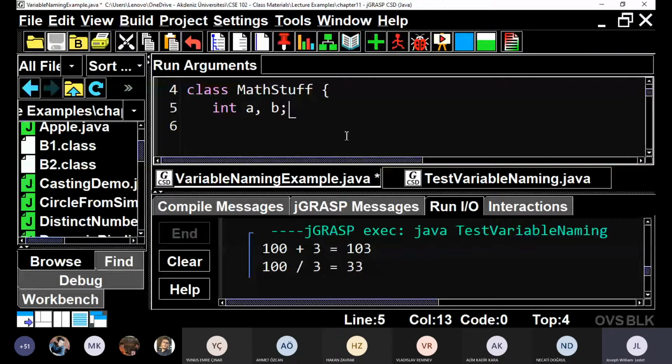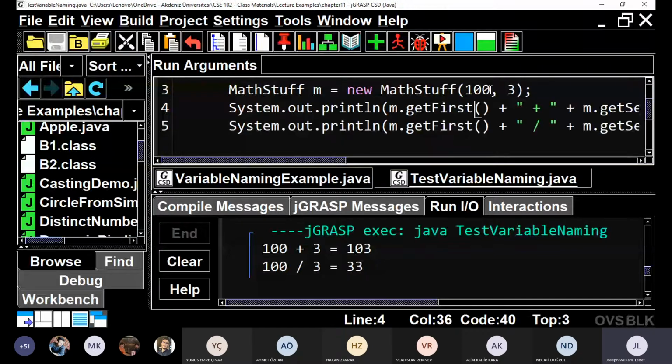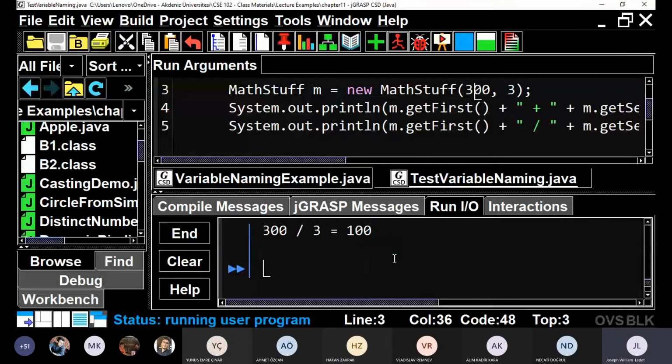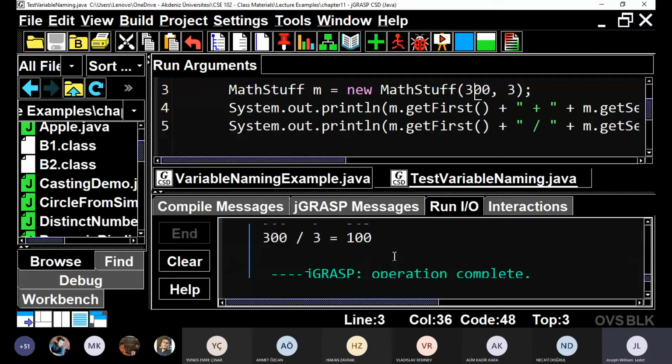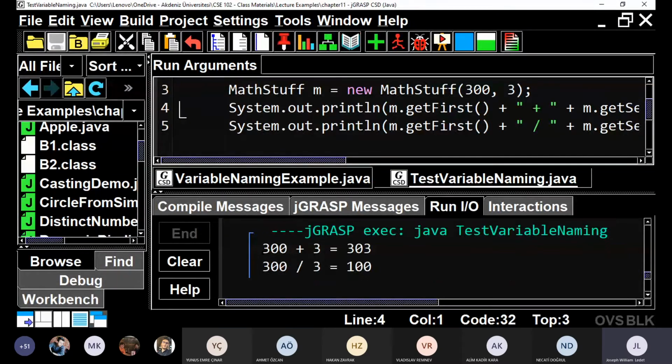We can change what our math stuff starting values are. So we could say 303 instead of 3 and 3. So now 300 plus 3, 300 divided by 3. We could change